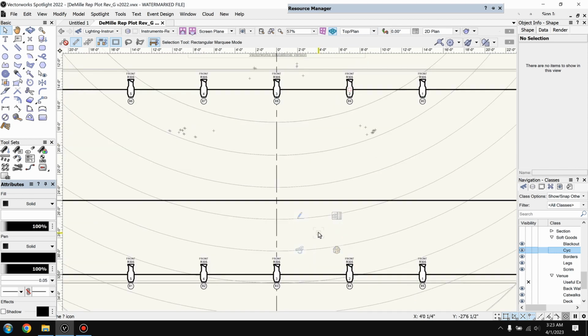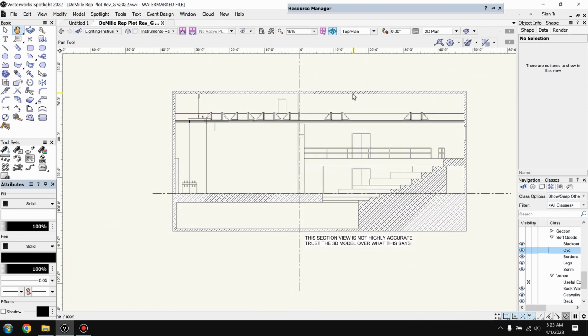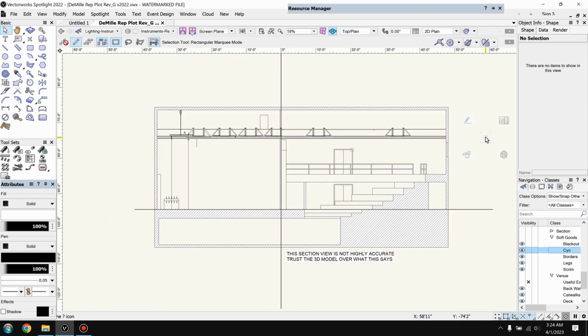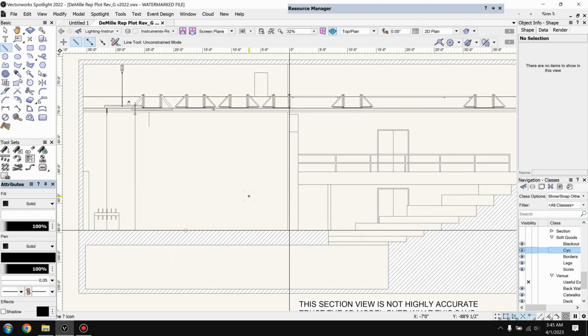I'll now be demonstrating how the spacing of these instruments is determined. I'm only going to do one system this way because all lighting systems are variations on this same theme. This is a section view of the theater. If you can imagine slicing it in half like an apple and looking at the right half, this is what you would see. In order to determine the proper spacing for instruments in our front light system, we'll be drawing